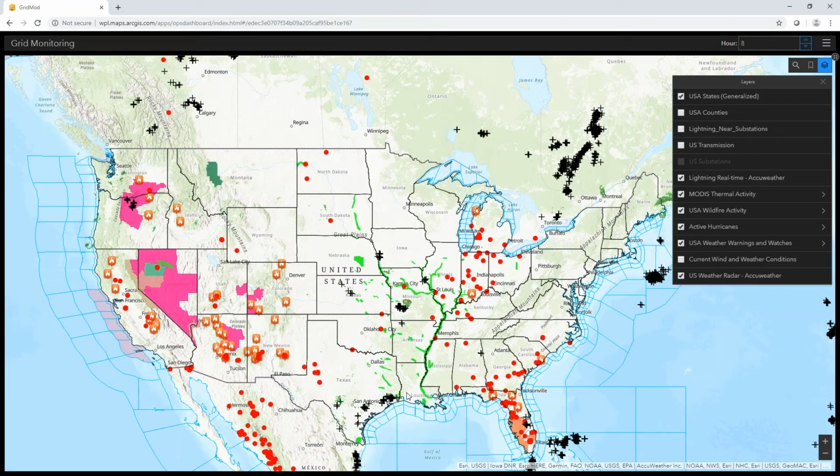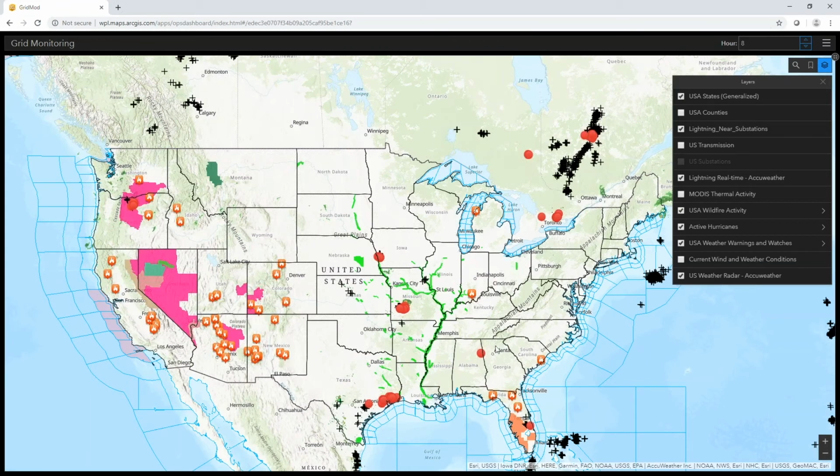So now that we're incorporating a bunch of different weather feeds, I think we can start to assess how these are going to impact our assets, our employees, and our customers. One thing we've done is incorporate a real-time analysis that's done whenever we receive a new lightning strike. When we do, we mark it according to how close it is to one of our substations. We can see by these thicker red dots that these are lightning strikes that took place within 15 miles of a substation